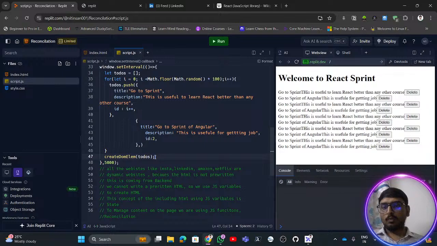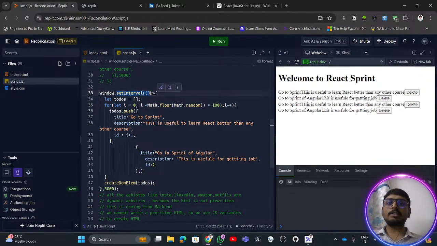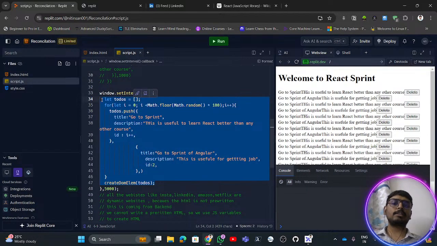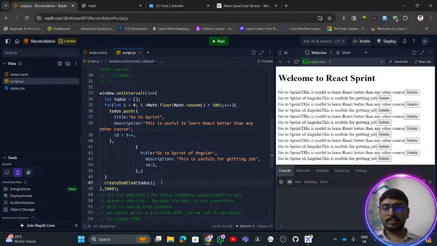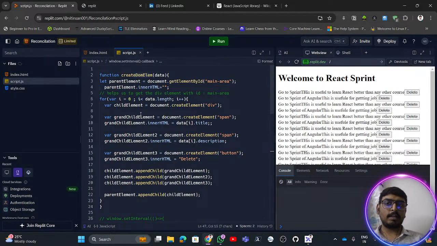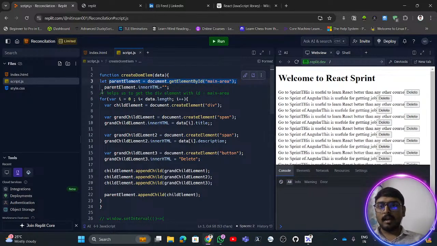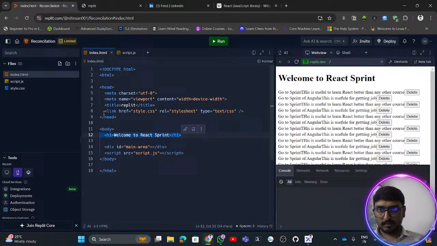See here in this given to-dos, in this particular thing known as setInterval. setInterval is one such function where for every 5 seconds the entire internal thing executes, which is nothing but a function call, where this createDOMElement function is being called every 5 seconds. In this function createDOMElement we have our parent element that we get using getElementById, and after getting this element, which is nothing but this div element, we are